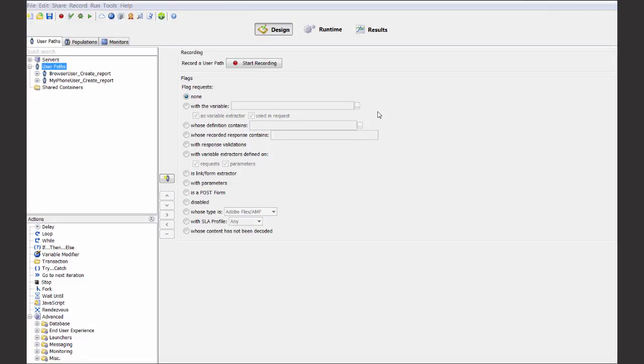As you can see on the screen, you're looking at NeoLoad, Neotys's performance and load testing tool. What I'm going to show you today is a demo of NeoLoad. We're going to get into things like how we can realistically simulate real behavior, how we can look at network